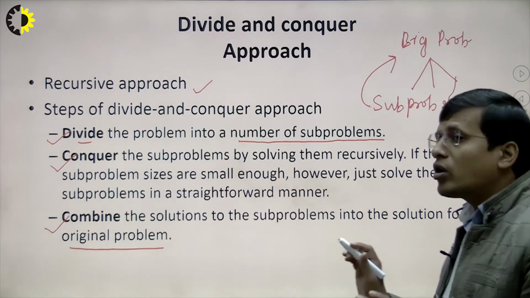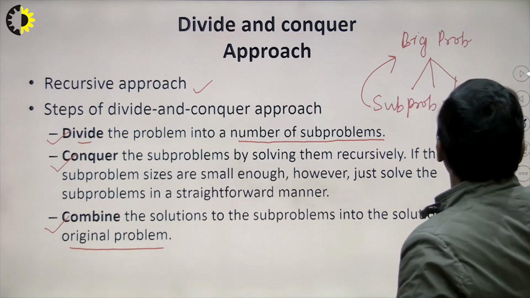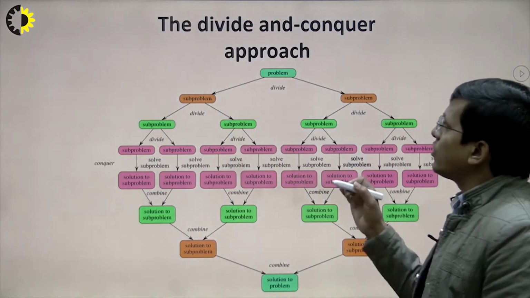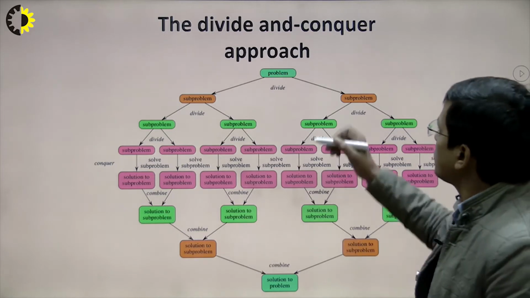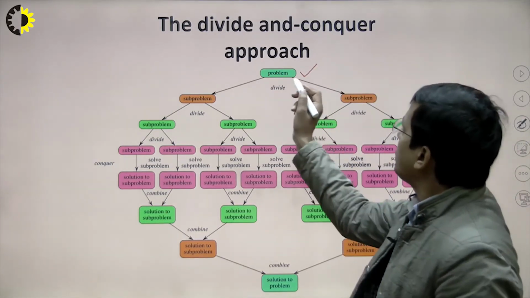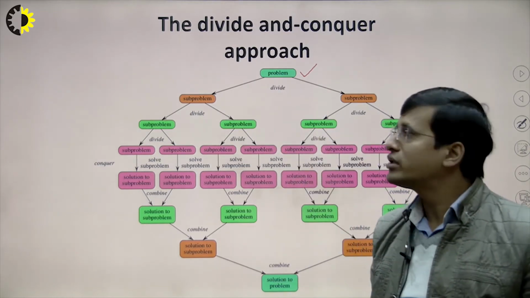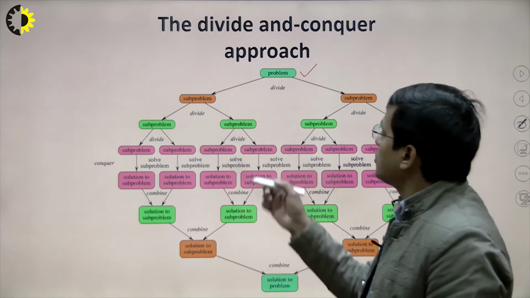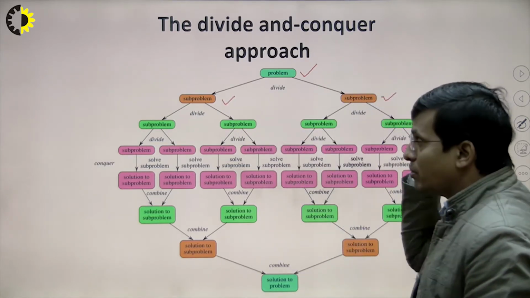So this is the overall approach of divide and conquer. Now we see the overall structure, what exactly we are doing in the divide and conquer approach. Suppose here is a problem, but this problem is very huge. So now we have to divide. Here the division is only into two parts, but we can divide into more than two sub problems. So now we have divided into two sub problems, this is one problem, this is the second problem.